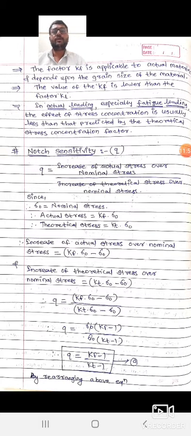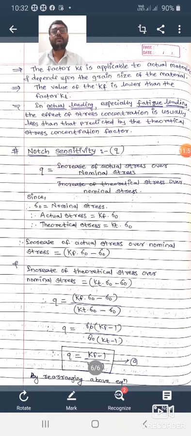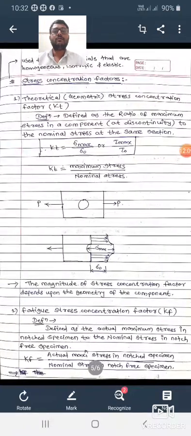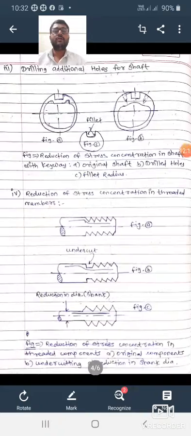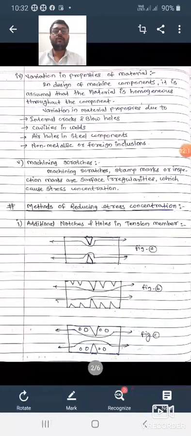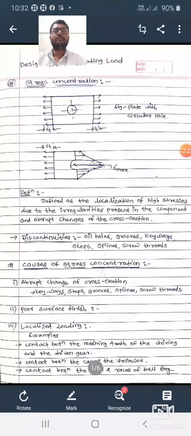In actual loading, especially fatigue loading, the effect of stress concentration is usually less than that predicted by the theoretical stress concentration factor. Students, these are the stress concentration factors, and we have already discussed the methods of reducing stress concentration, the causes of stress concentration, and what is meant by stress concentration, from unit number 3,